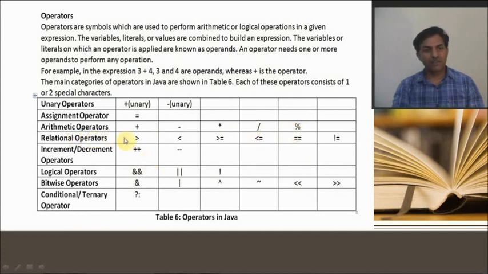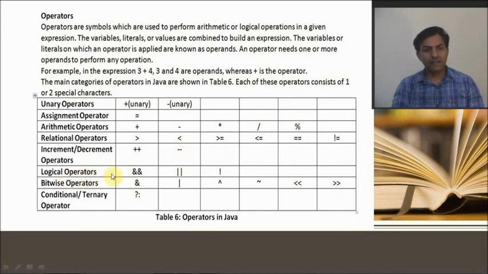Relational operators, we are having greater than, less than, greater than equal to, less than equal to, equal to, or not equal to. Increment or decrement operator, that means where we have plus plus, that is known as increment operator, and where we are using minus minus is known as decrement operator.